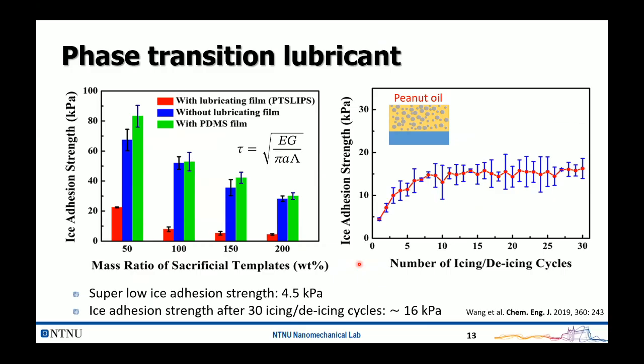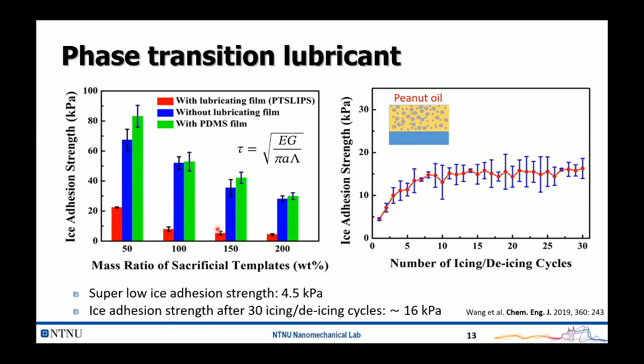de-icing process. So can we also have other types of lubricant? Here is an example where we use a solid lubricant. It's peanut oil. The feature of that is above 3 degrees, it will be liquid phase, but below 3 degrees, it will be solid. But it still has these small lubricating molecules. So the depletion rate of those solid lubricants will be much slower than the liquid lubricant.